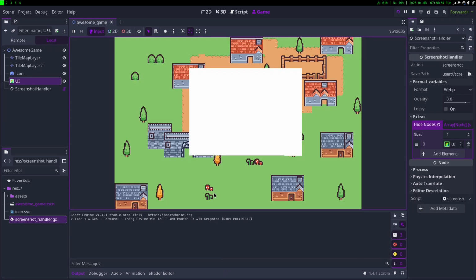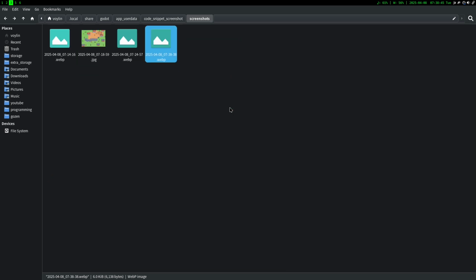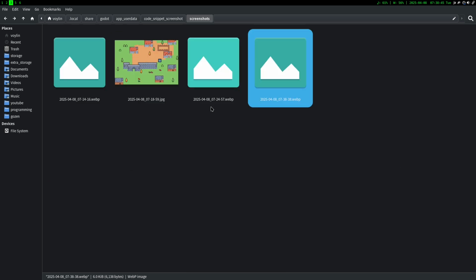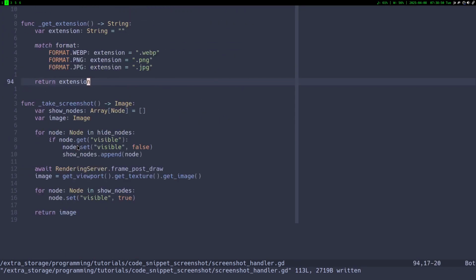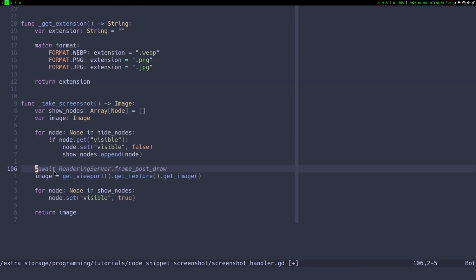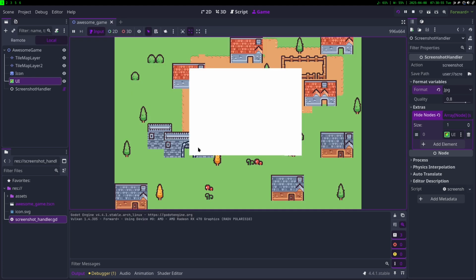Let's take a screenshot and you will see the UI flash for a second. And we have our screenshot. Let's also change it to JPEG so you can actually see the icon. So let's go in here, let's change this to JPEG. And let's change the code here. Let's just comment out this await function. So let's run. Let's print screen,